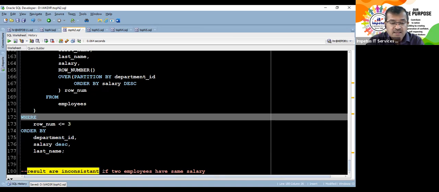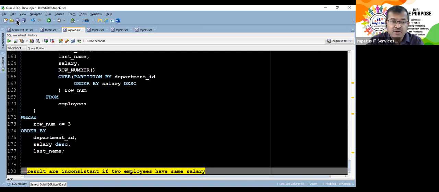on. There is inconsistency if 2 employees have the same salary. So that was a thing that you have to keep in mind. We would like to overcome that problem. That problem can now be overcome. For that, we saw 2 cases. One, row number as a pseudo column. Other thing, we saw row number as a function. Now there is an option available.